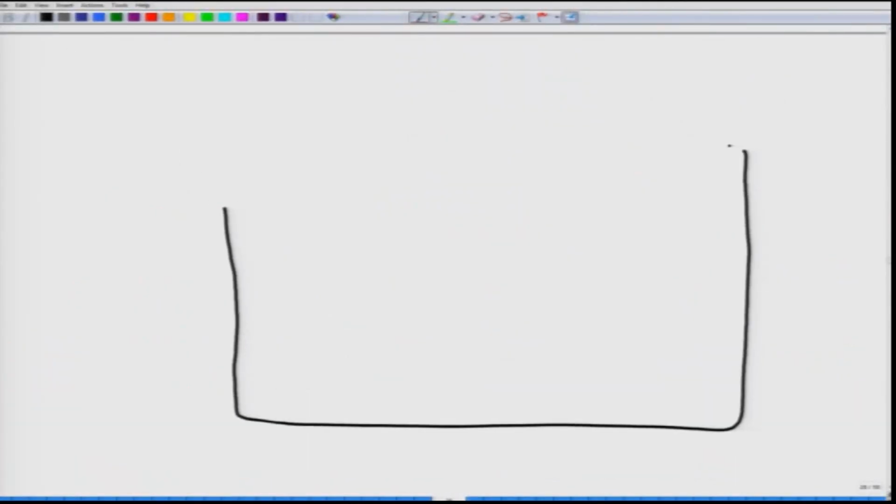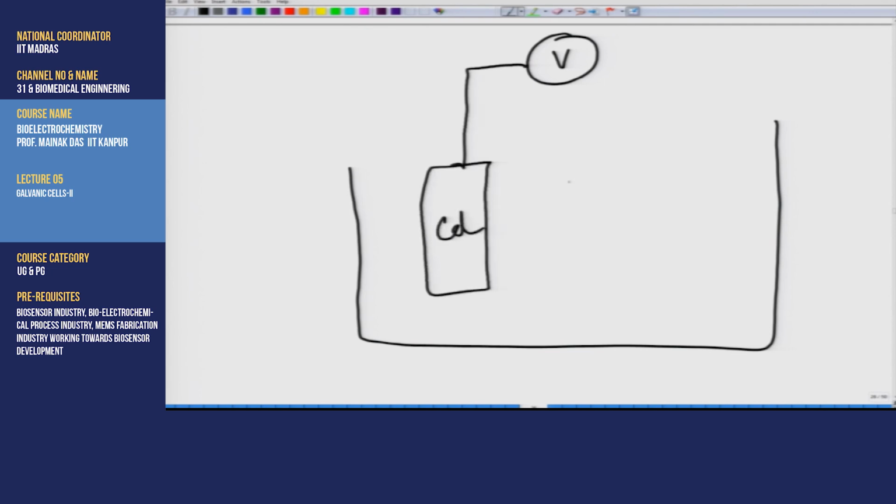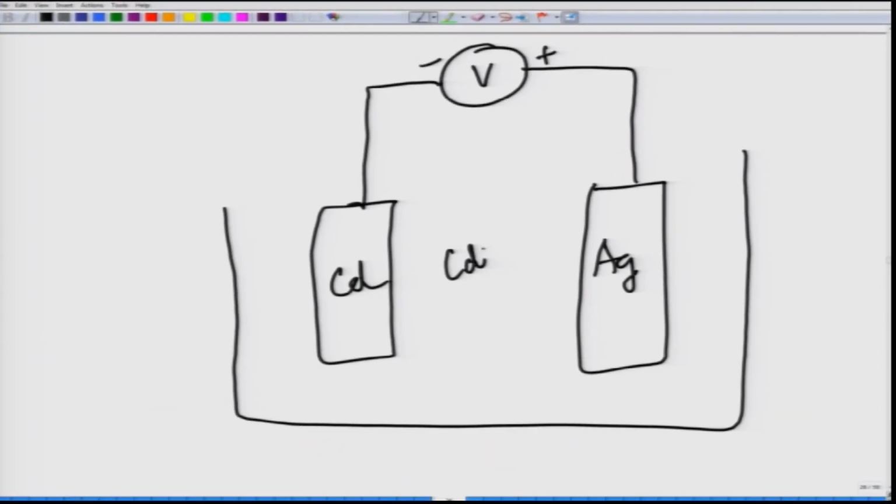So here you have the voltmeter sitting, and you have a cadmium electrode, again a cadmium electrode, but this time I have a silver electrode, no more AgCl. I have a silver electrode sitting here. Okay, so here is a positive, here is a negative, as we have all earlier showed, and now I am putting two different electrolytes into that,